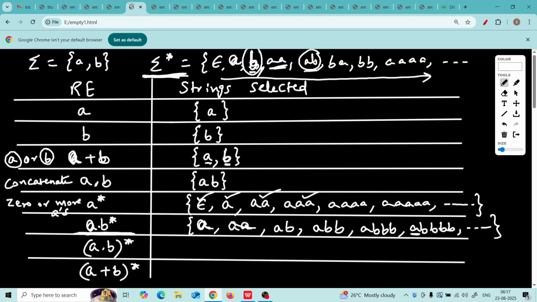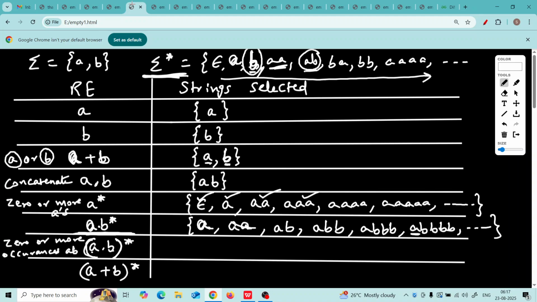Okay. How do you read this? A dot B, whole thing starred. It means 0 or more occurrences of AB. A followed by B. Read the inner bracket first.